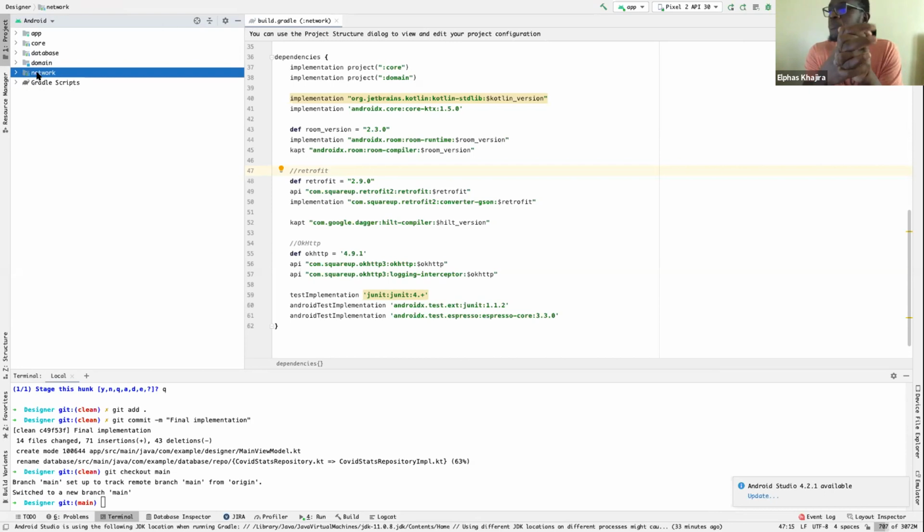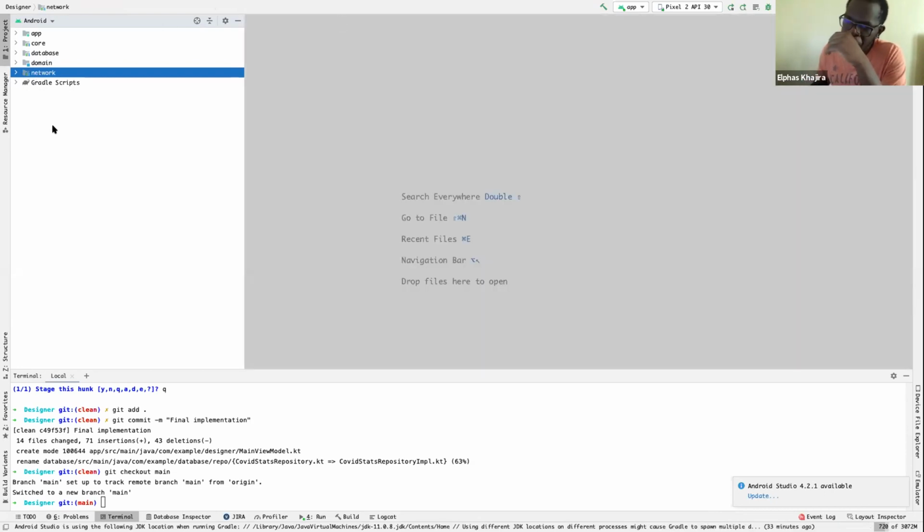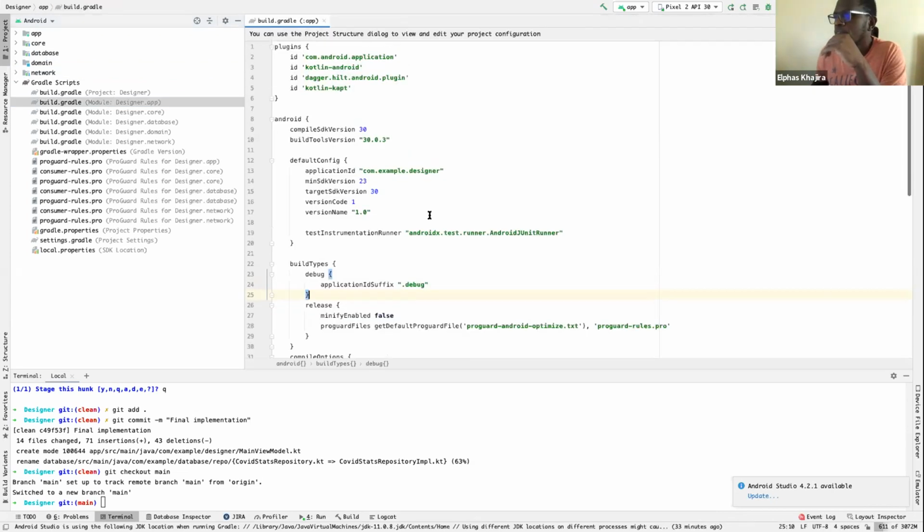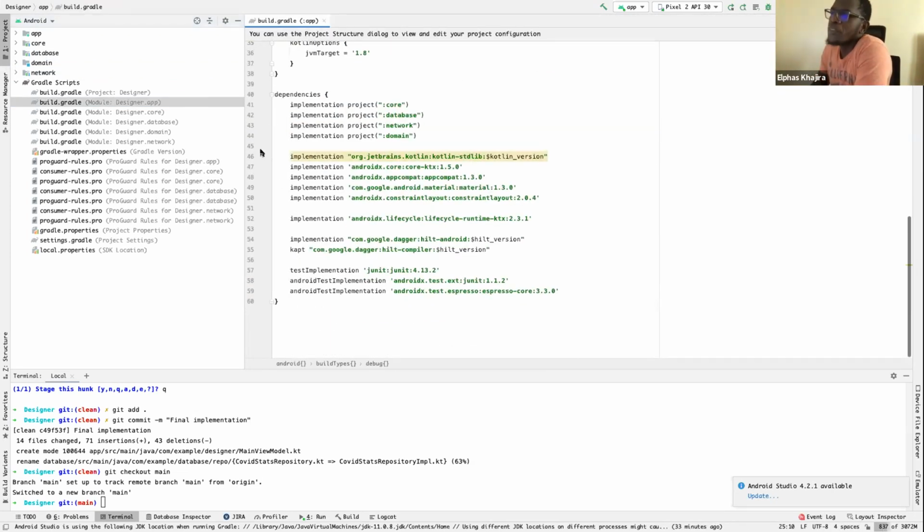So ideally, how most people have done this structure is, let's go to the app module. The app module basically depends on the core module.